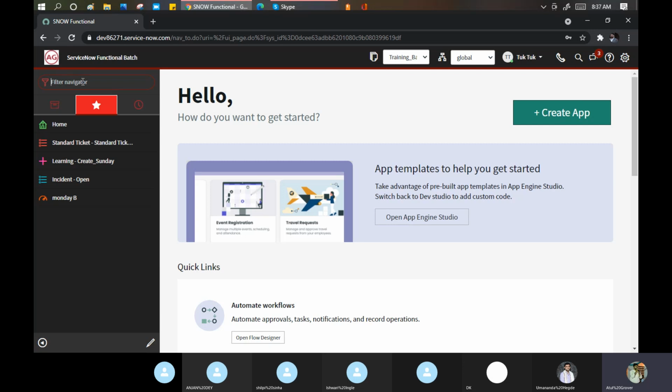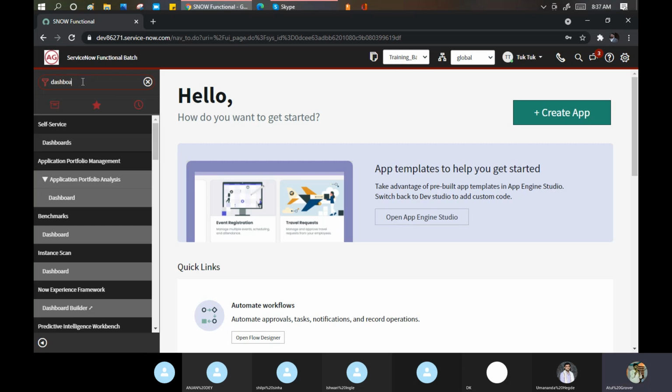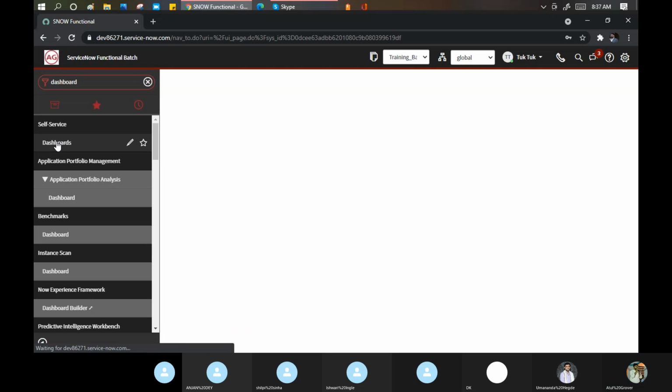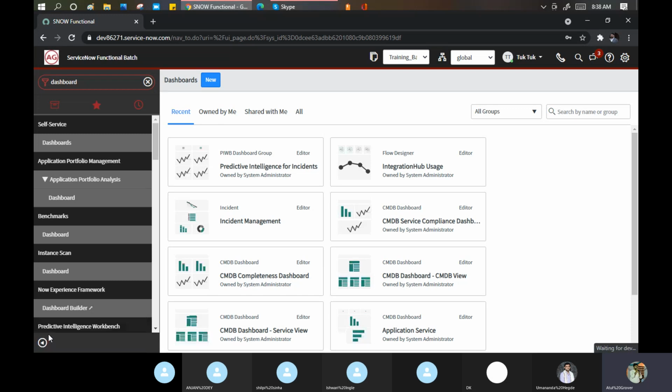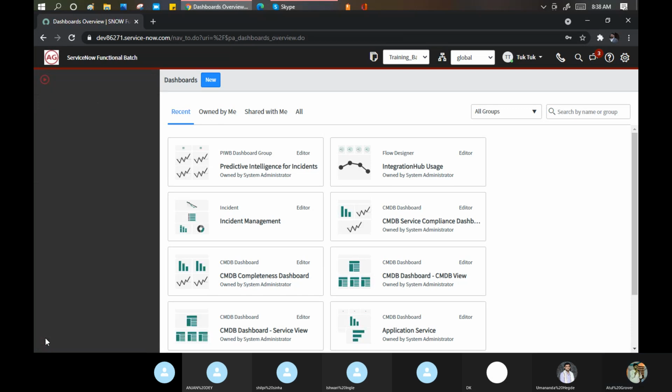Like reports, ServiceNow also gives a number of dashboards out of the box. You can just type dashboard here and go to the self-service dashboards. Click under this, and a new page will open.